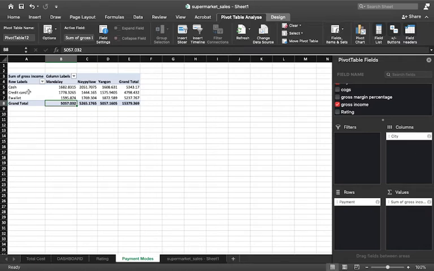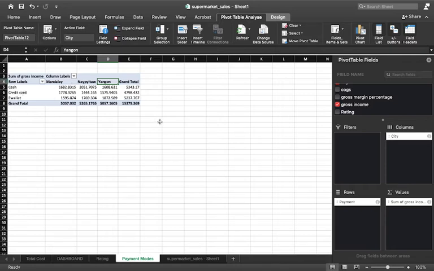So if you see, credit card, I think credit card was mostly preferred in Mandalay, and if you see here, cash was mostly preferred in this, I really can't pronounce this, it is Nepai To, I don't know what that is. And then we have I think e-wallet. Yeah, if you see, e-wallet was preferred mostly in Yangon, so I think this is quite a developing city, I guess. So this is what we have.